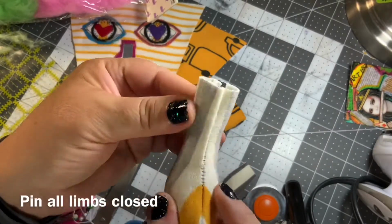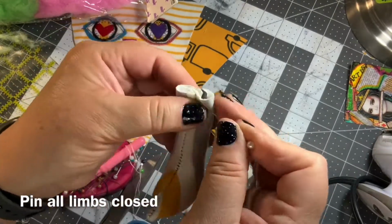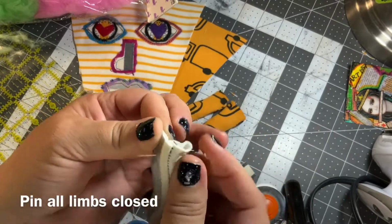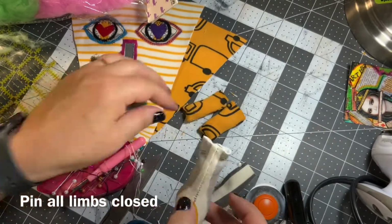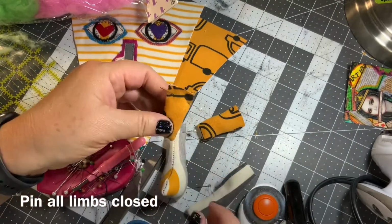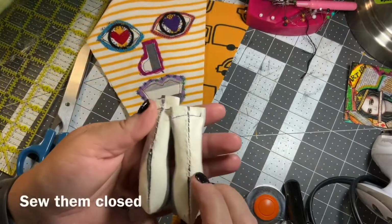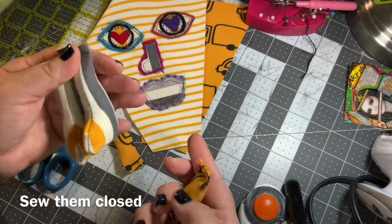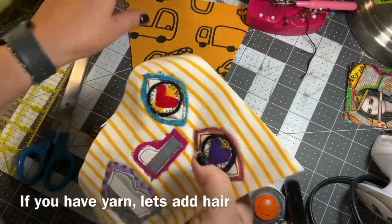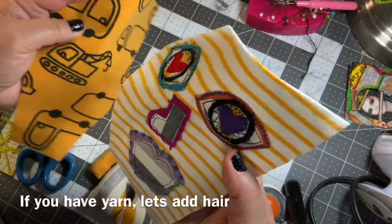Whenever they do have a sale or you see anything that's in a sale bin, it's the time to buy it because you never know when you're going to need it for a different project. Even though it does say Easter on it, it is cotton and it is going to be used as stuffing. So I sewed the top of the legs after they were stuffed and the arms. And what we're going to do is